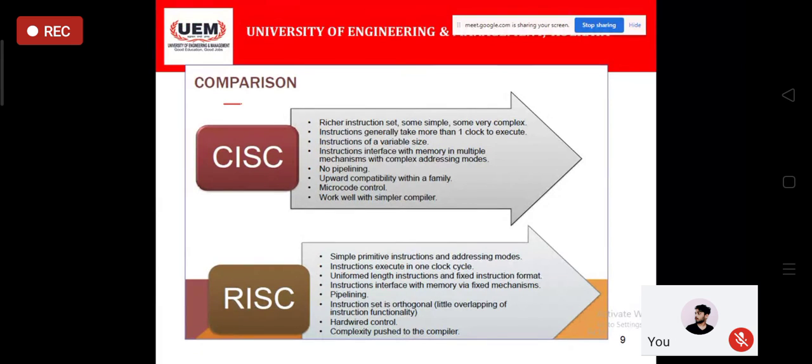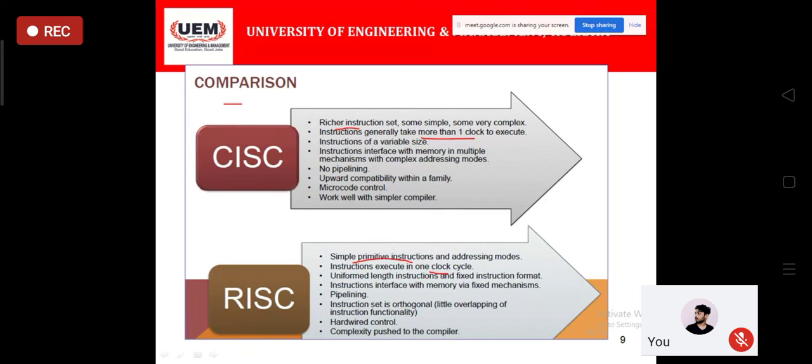And for the comparison part, you can just think of what I have told you. CISC has a richer instruction set, but it is complicated definitely. RISC has a primitively simpler instruction set, and that is quite simple. CISC takes more than one cycle, but RISC takes one cycle. Because if you do multiple MUL operations, a multiply operation definitely takes multiple cycles, because it will load, then calculate some arithmetic operation, multiply, and then store the result back to the memory. So definitely multiple clock cycles. But here, as you are using multiple instructions in between, you will require one clock per instruction. Okay,